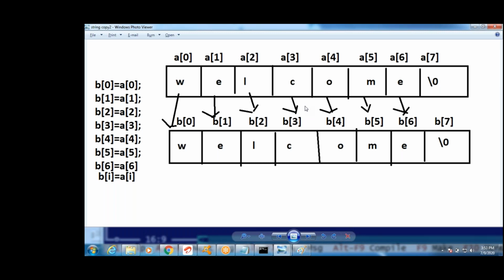This diagram is completed, right? How to print, I will discuss.